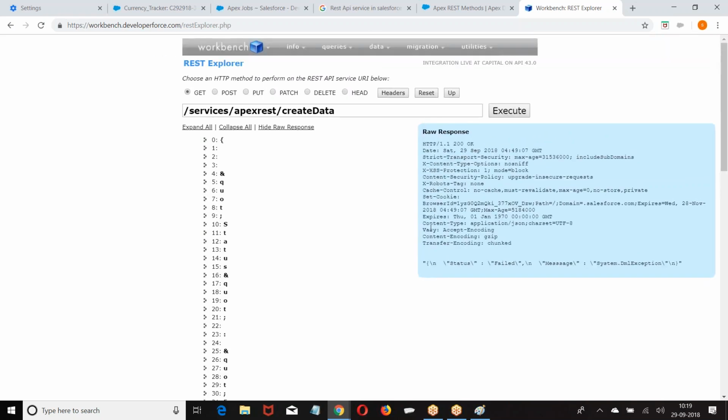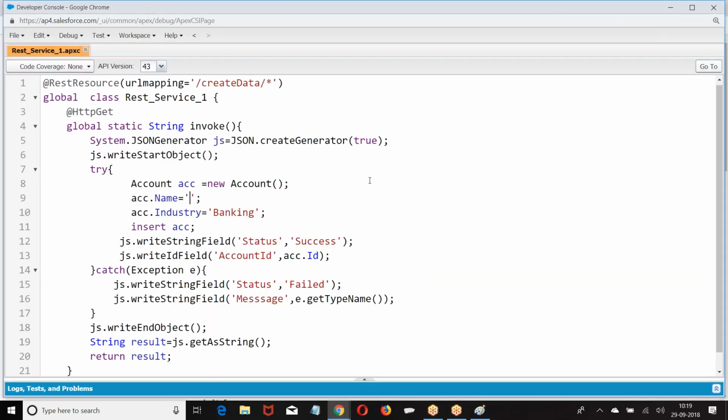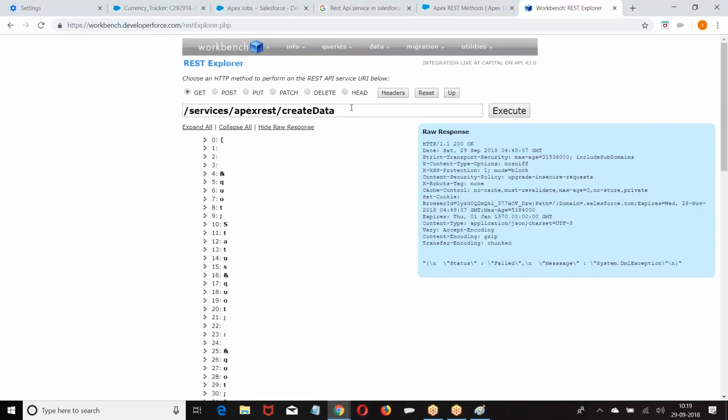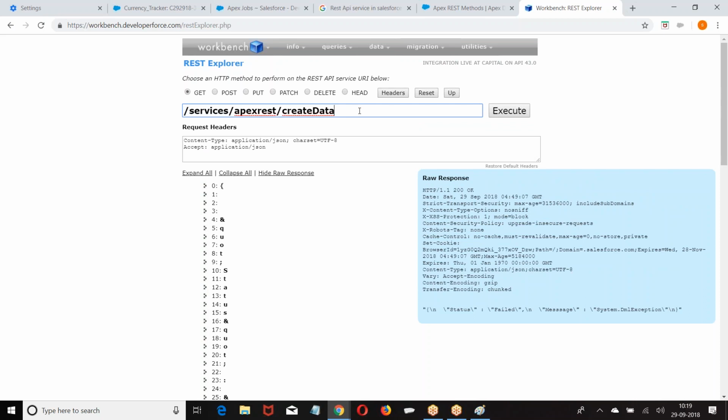Now the biggest issue here is, if it is a GET method, it will not have any body. If it does not have any body, whoever is going to pass the data is going to pass it using the URL only. Here they are going to use question mark name equal to.